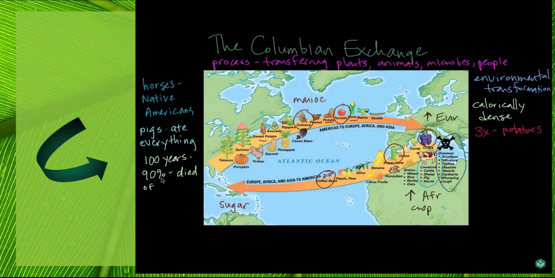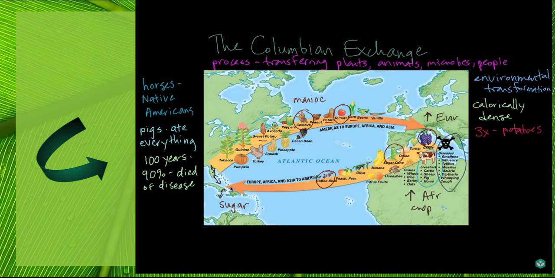This is a demographic catastrophe, the likes of which the world has never seen before or since. And most of the Native Americans who were affected by these diseases would never have actually interacted with a European. They just had trade networks that spread these diseases back and forth throughout the Americas. Now, you might be wondering, okay, so if the Native Americans were being exposed to new diseases from the Europeans,